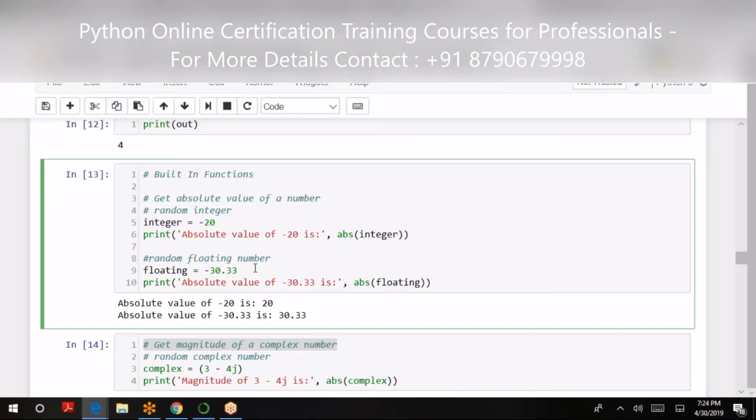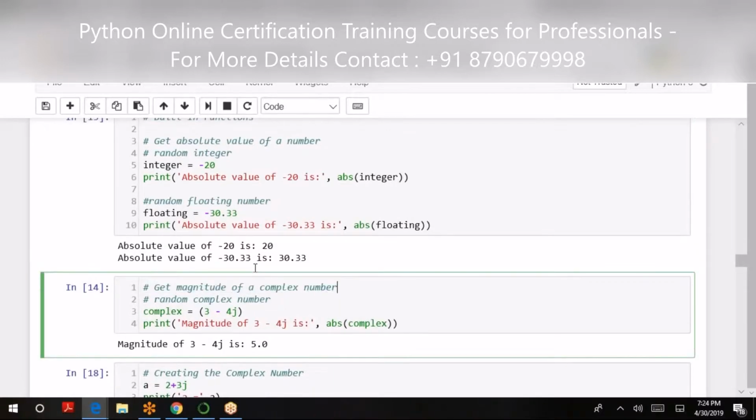Eventually, collectively we are discussing a few functions from NumPy or SciPy, although we have not incorporated it, but obviously we'll be discussing it separately. These are certain numeric computation APIs which are inherently there in your Python package. So ABS is a built-in API which gives us only the magnitude value.